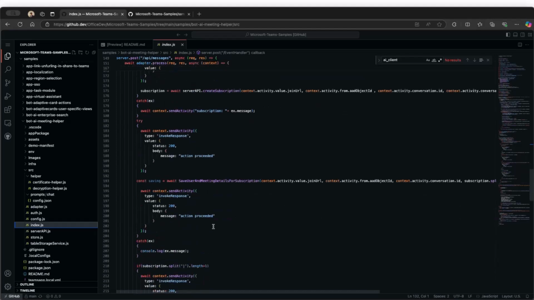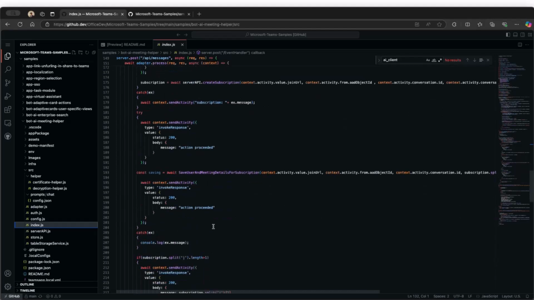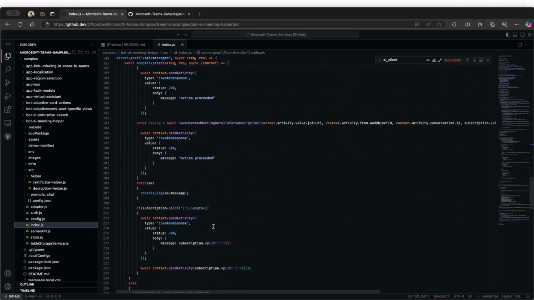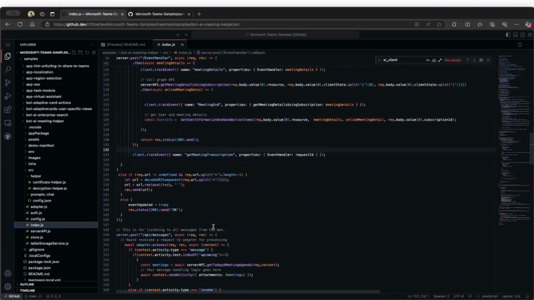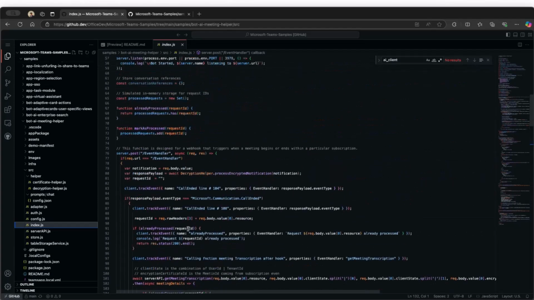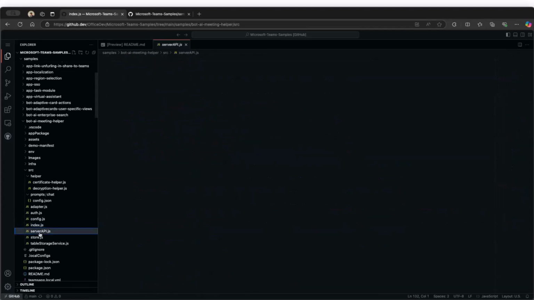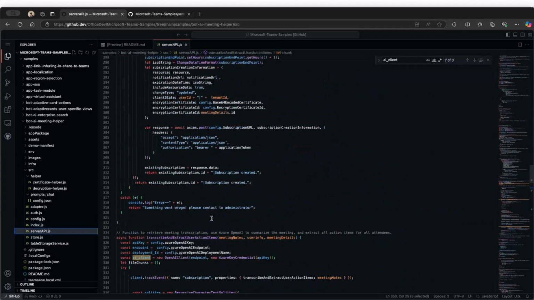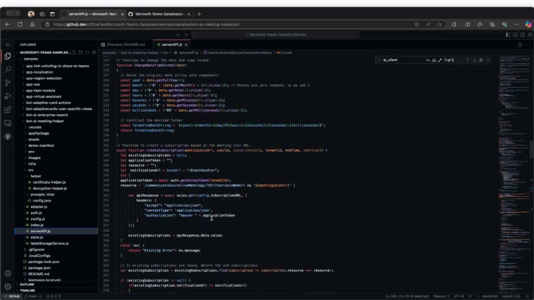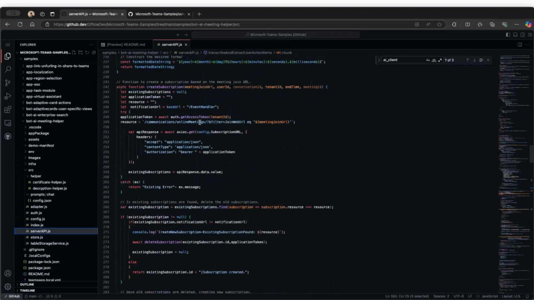So when we ask, hey, can you give me all the upcoming meetings? The meeting object gets created and it's sent across. And once a particular meeting object is clicked upon, like in the drop-down list that you get, a subscription gets created. Let me just quickly show the part that comes up there. We are actually creating a subscription here using the join web URL, and that's how this particular subscription